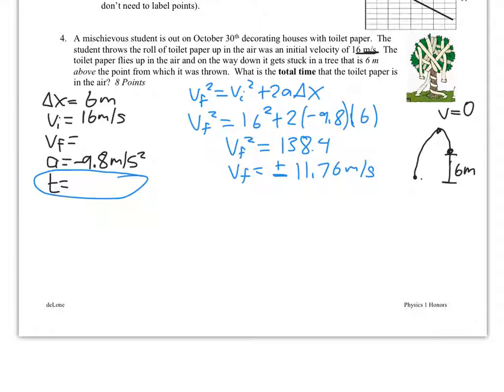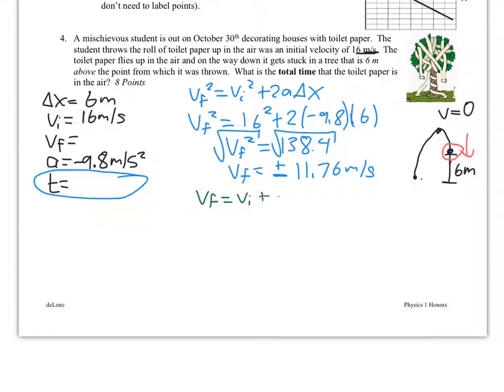Okay, and it's very important that we put in that plus or minus. We have to always do that sign check whenever we do the quadratic trick. Taking the square root of Vf squared, we get two answers. And in this case, the answer ends up being negative because we're thinking about this point right here, when the object is traveling down. So we are going to take that negative,